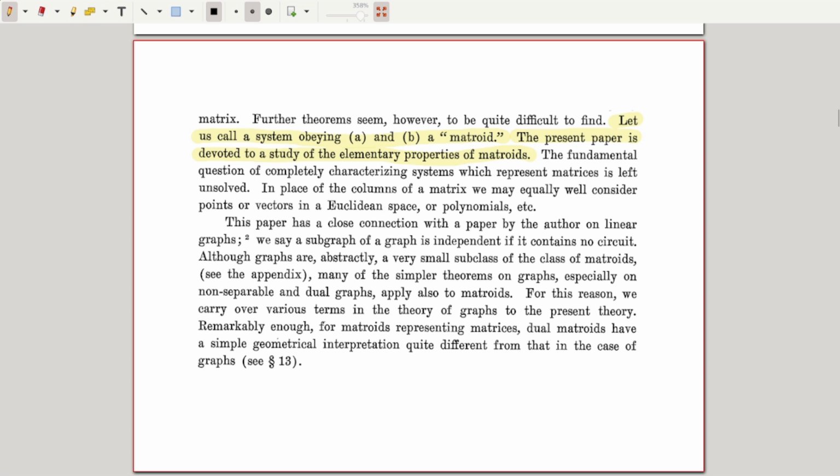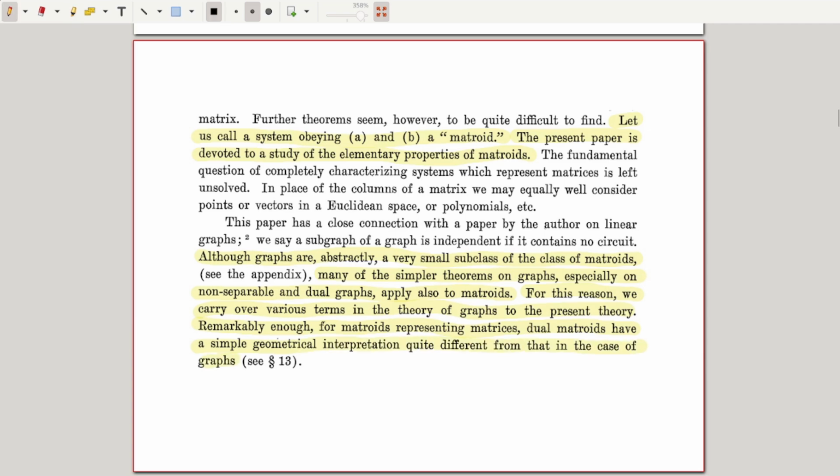Even further down, Whitney describes some very important properties of our theory. Although graphs are, abstractly, a very small subclass of the class of matroids, many of the simpler theorems on graphs, especially on non-separable and dual graphs, apply also to matroids. For this reason, we carry over various terms in the theory of graphs to the present theory. Remarkably enough, for matroids representing matrices, dual matroids have a simple geometrical interpretation quite different from that in the case